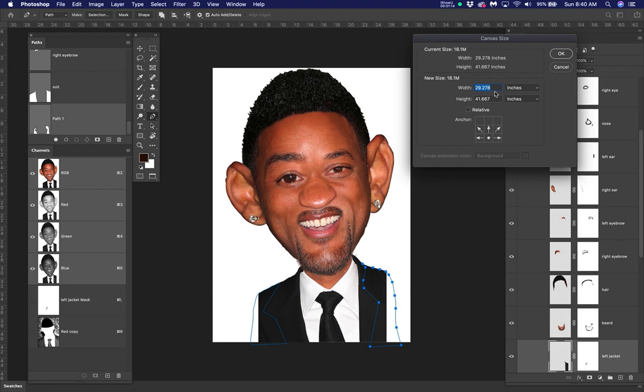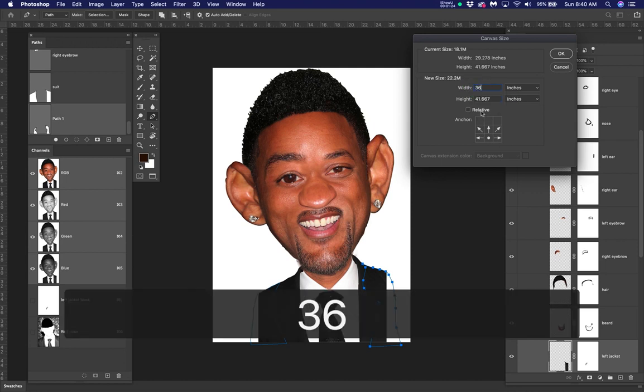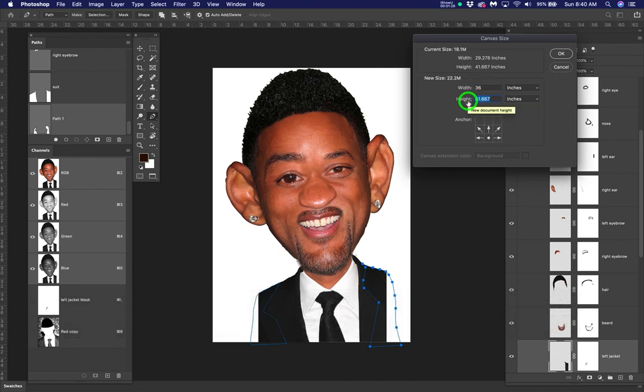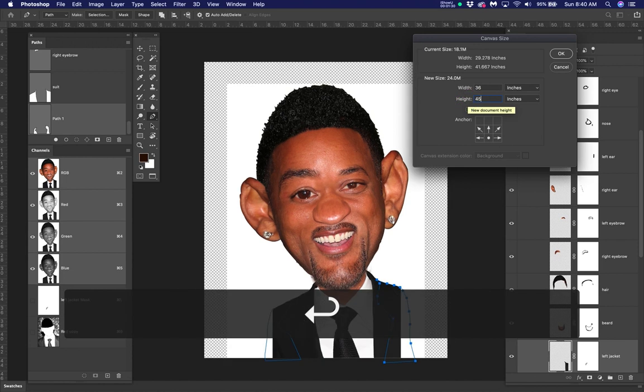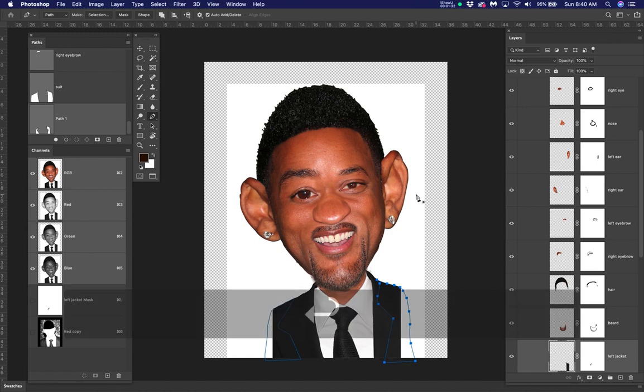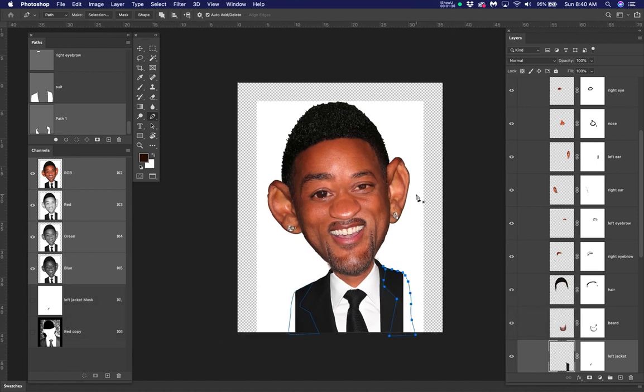Okay, so I'm going to take this and make the width a little longer, like instead of 29 inches, I'll make it something like 36 inches. And instead of 41 on the height, I'll go to 45 on the height. And those are just arbitrary numbers, okay? So you see how I've made that bigger so I can show the background that I want to